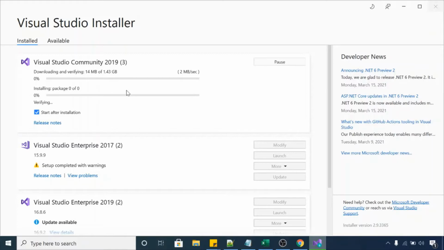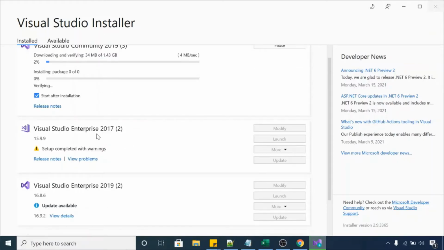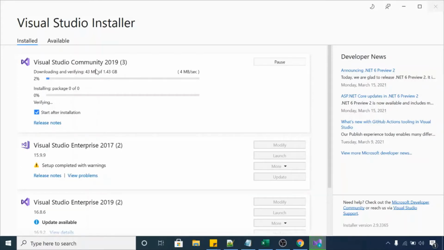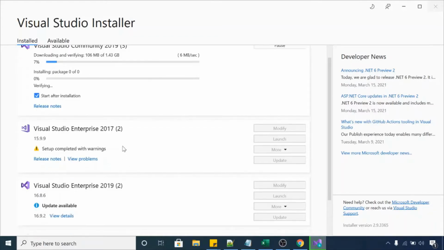So guys, if you are having different versions of Visual Studio, like I'm having Visual Studio Enterprise 2017 and 2019, and now I'm installing Community Edition of 2019. Okay, so you can have multiple editions of Visual Studio on your machine. Like now I'm having Enterprise Edition of 2017 and Enterprise Edition of 2019 also.